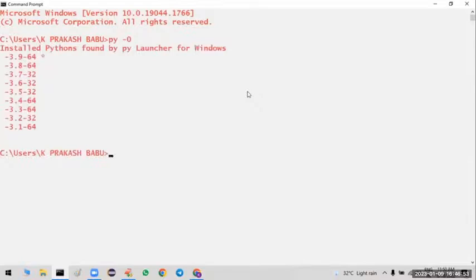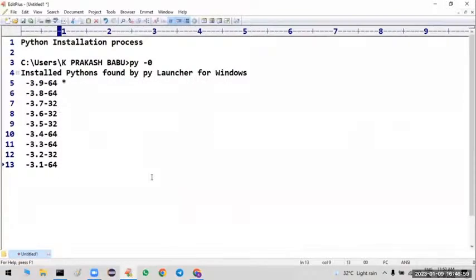As a trainer, I need to explain every concept for the students. Total how many versions are installed? From 3.1 to 3.9.